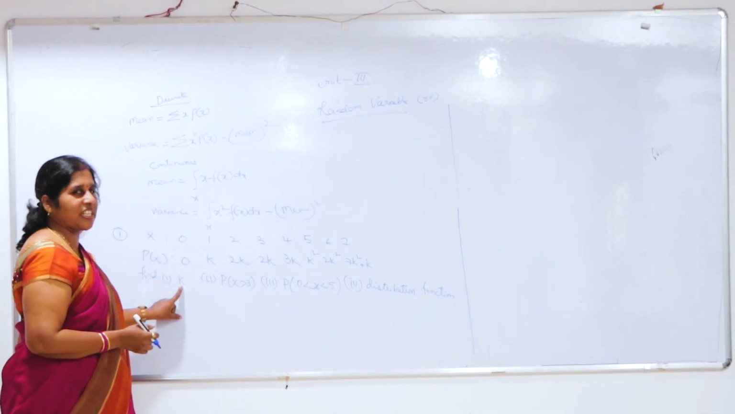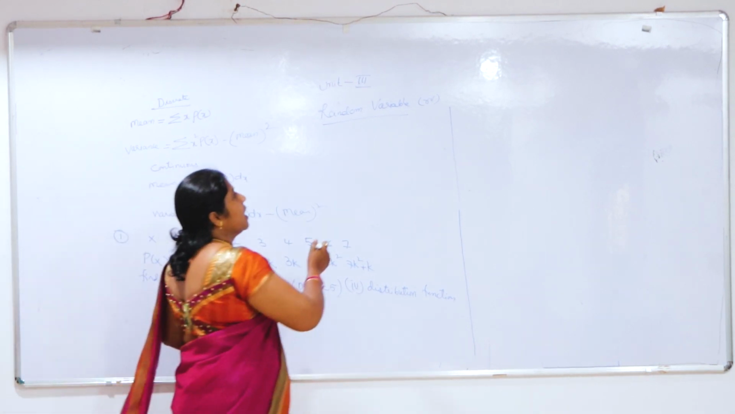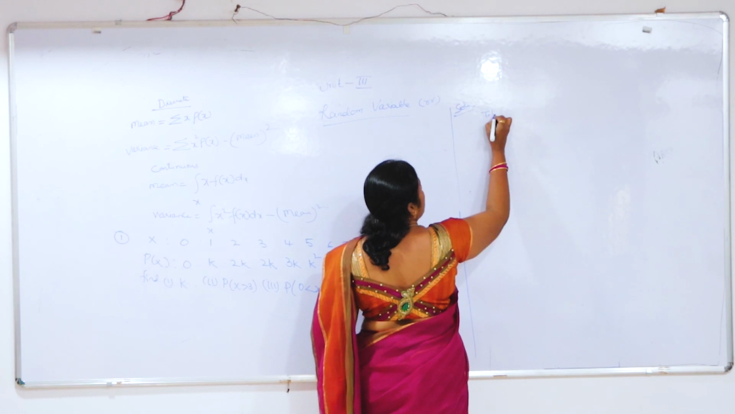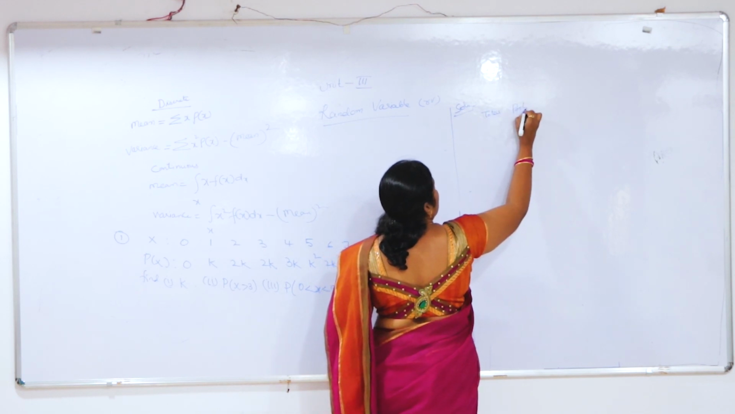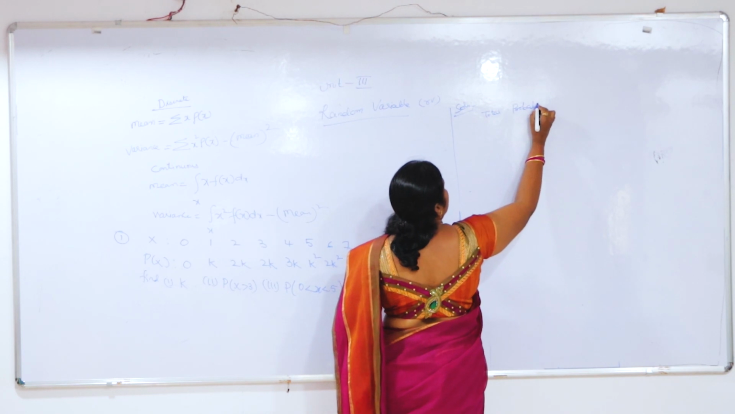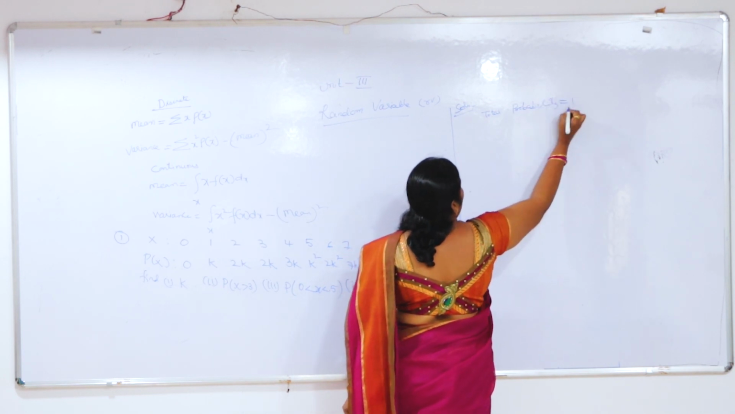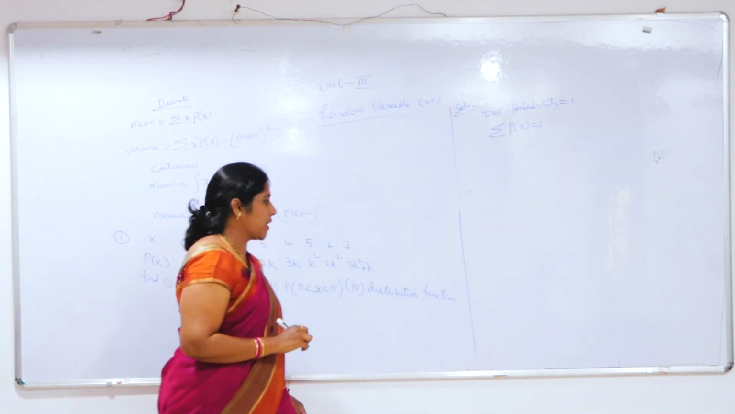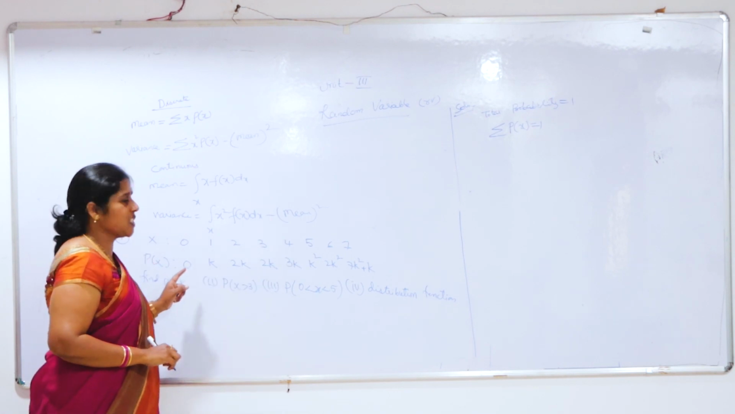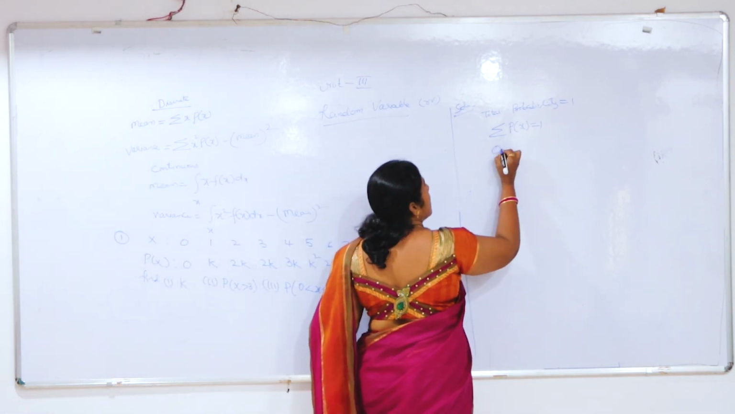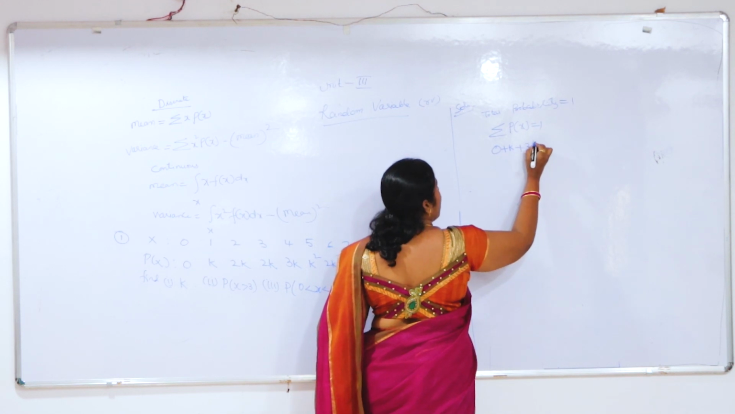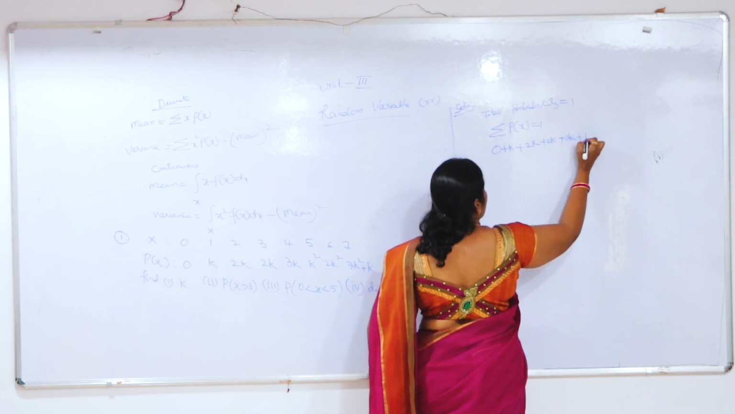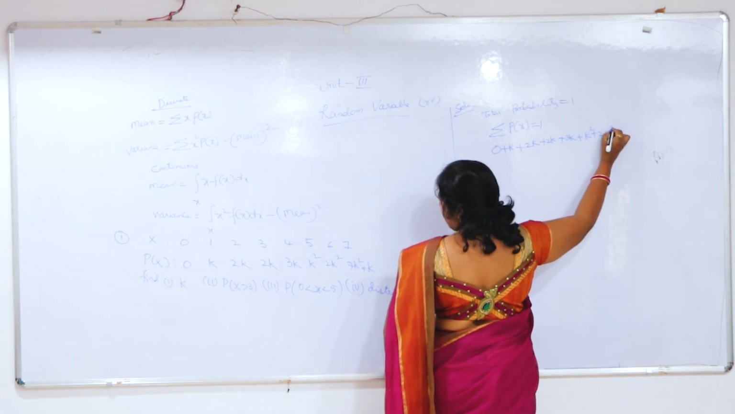So all these bits we are going to solve now. First we'll find out the k. So how to find k? Solution. Total probability is 1. That is sum of p of x equal to 1. So what are the probabilities we have here? Add all these probabilities: 0 plus k plus 2k plus 2k plus 3k plus k square plus 2k square plus